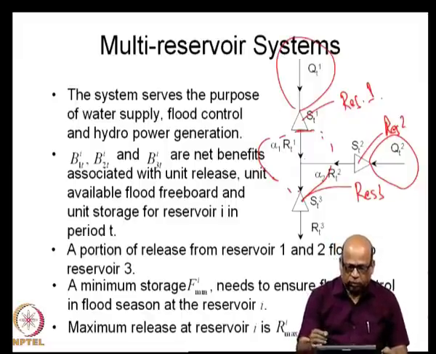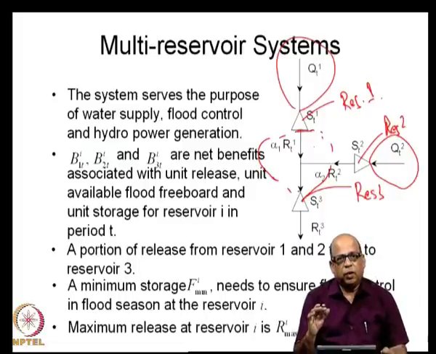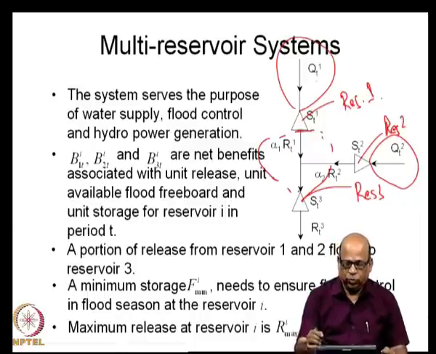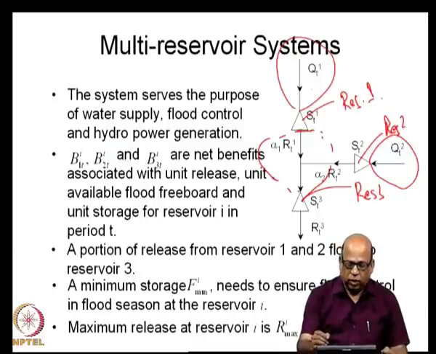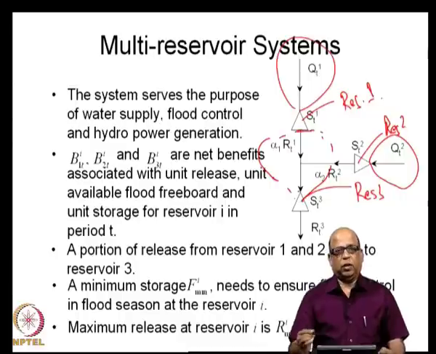Now, for this system, we will look at how the formulation of an optimization problem by which we can derive release policies at all these 3 reservoirs in an integrated model. By which I mean, when you are deriving the reservoir operating policy at reservoir 1, you are also looking at the consequences of this reservoir policy on the reservoir 3. Similarly, consequences of operating policy at reservoir 2 on the operation of reservoir 3 itself.